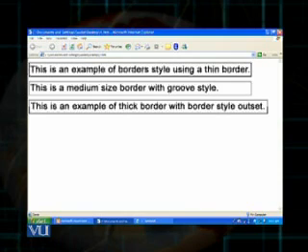And the third box contains the sentence, this is an example of thick border with border style outset. So I have used a solid, a groove, and an outset type of border in this particular case using div tags.